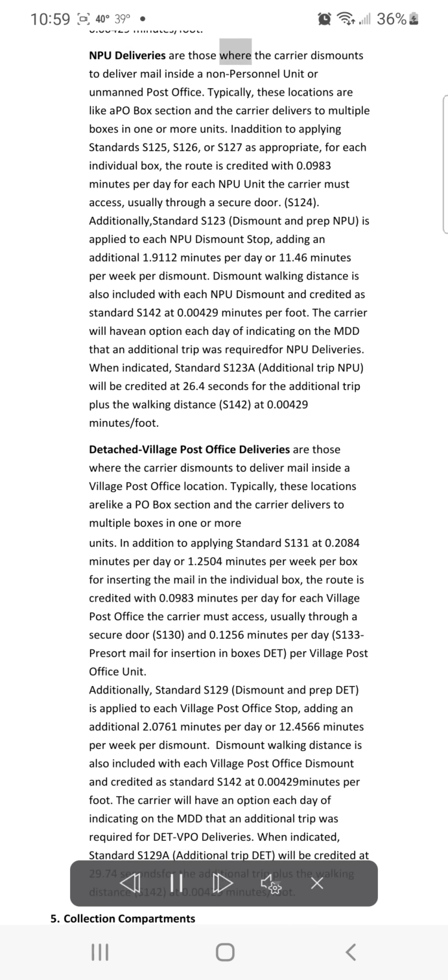NPU deliveries are those where the carrier dismounts to deliver mail inside a non-personnel unit or unmanned post office. Typically, these locations are like a PO box section and the carrier delivers to multiple boxes in one or more units. In addition to applying standards S125, S126, or S127 as appropriate, for each individual box, the route is credited with 0.0983 minutes per day for each NPU unit the carrier must access, usually through a secure door,